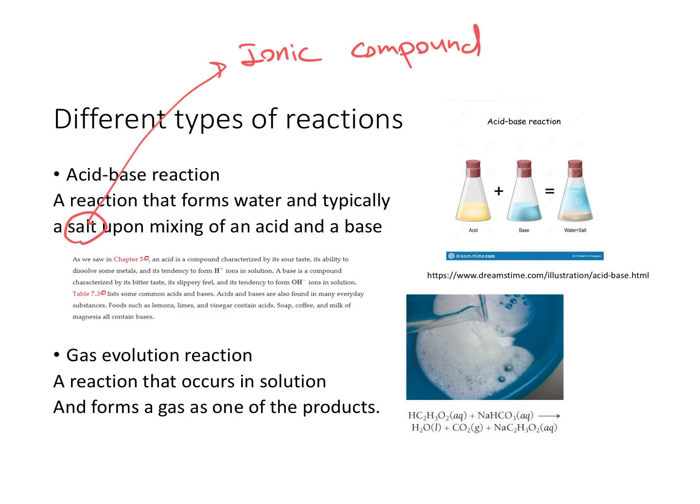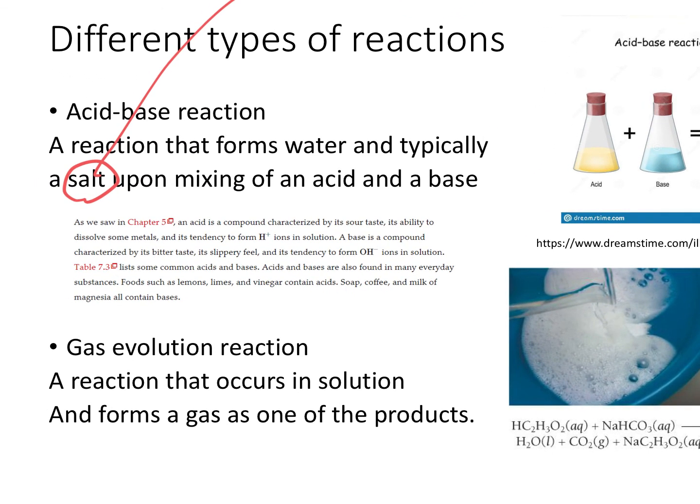So that's why I have this part of your book, just copied and pasted from your book. And as I said in the first slide, anything that I don't cite, I just got from your textbook. So acids have hydrogen in their structure, and bases have OH in their structures. And here is just more explanation, and I asked you to read that. I'm going to ask you true or false, which of the following statements is correct, is not correct, all sorts of questions. So know that acids have a sour taste, they have the ability to dissolve metals, they have a tendency to form